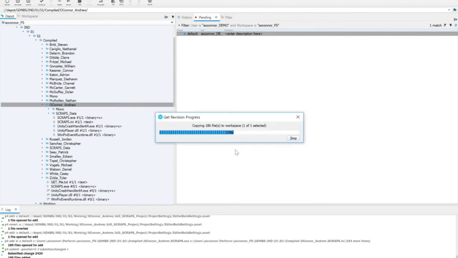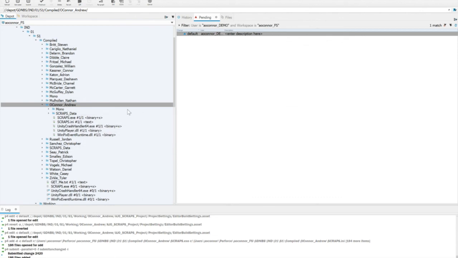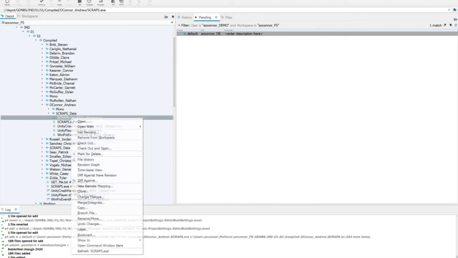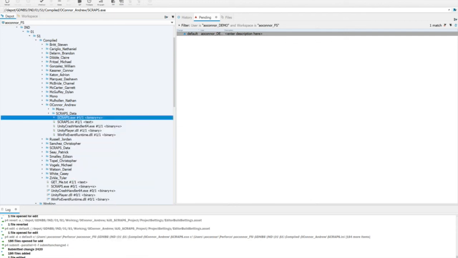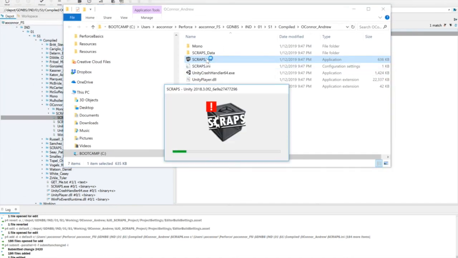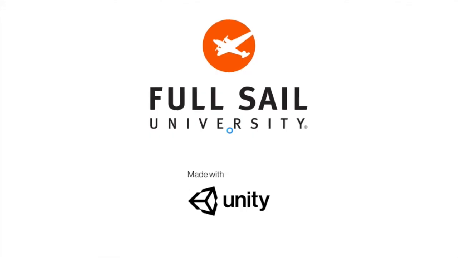So by doing this, you're just triple checking and making sure that what you submitted to the depot actually went through successfully and you didn't forget your data folder or any of the other extra files that are needed to run the exe. So now that that's finished, you can see down at the bottom the files were updated. I'm going to show in Explorer. My exe is back on my workspace, and I'm just going to double click on it again and run the exe,